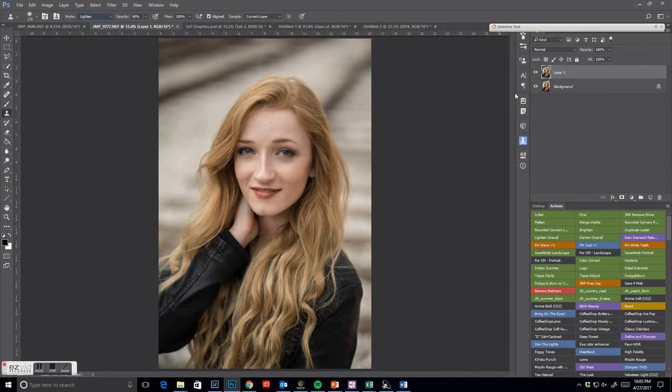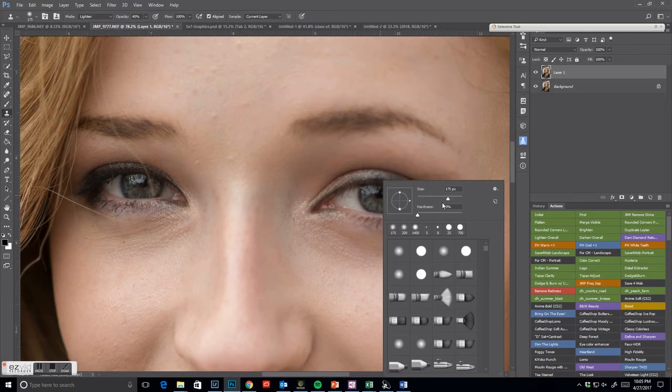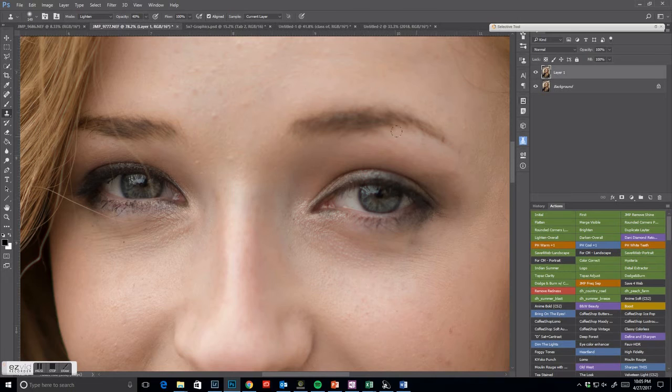Then what we do is we zoom in. If you don't know, you can hold Control or Command and Spacebar and then click and drag, and that'll zoom in. And I use the left and right brackets to resize my brush. You can also right click and adjust, but I don't like doing it that way because you have to keep going back and forth to check your size. So I'm gonna click on it, make it about the same size as the eye,